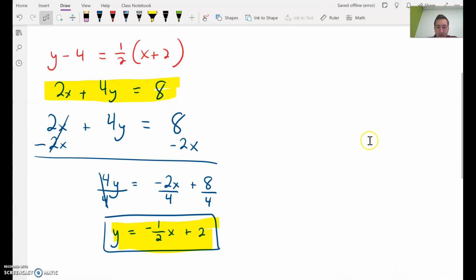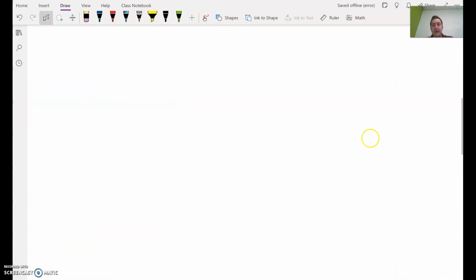Let's talk word problems. I'm just going to make up a word problem. All of us have cell phones. We're addicted to our cell phones. So let's create a linear equation for how much our cell phone bill costs. Okay, so let's just make this up. Cell phone